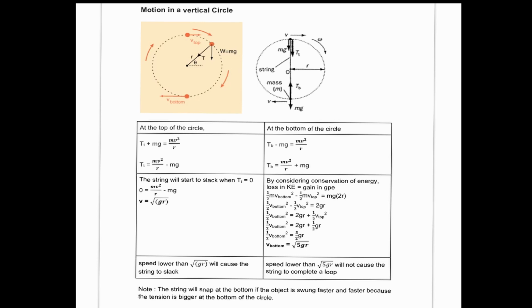Let's look at an example of a vertical circular motion, such as what we see here. Now imagine we hang a stone to a string, and we give it an initial speed here. That means we just give it a slight push. Now if the speed of the stone is high enough, it will actually move up to the top and then